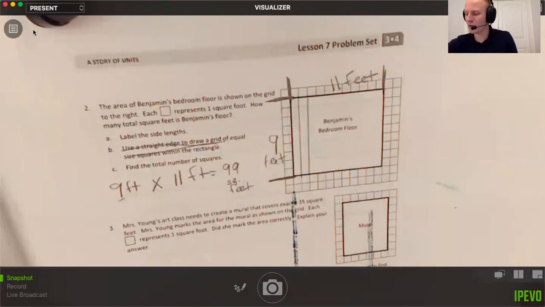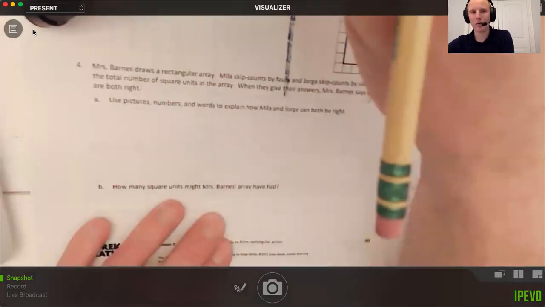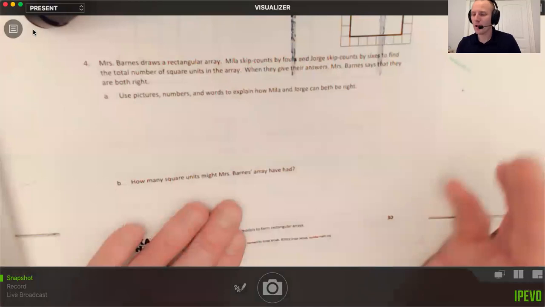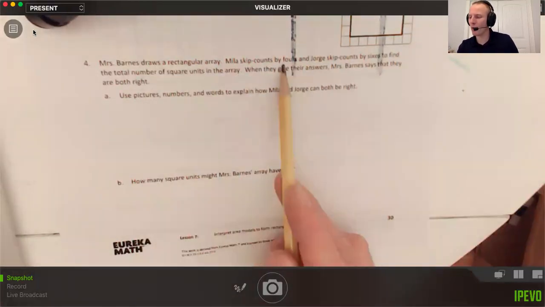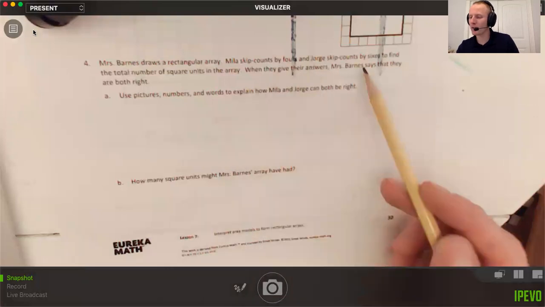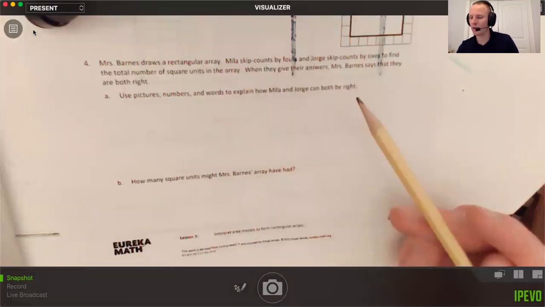All right, let's go down to number 4. Number 3 kind of has marker bleeding through it from the other side there. Mrs. Barnes draws a rectangular array. Mila skip counts by 4s, and Jorge skip counts by 6s to find the total number of square units in the array. When they give their answers, Mrs. Barnes says that they are both right. Use pictures, numbers, and words to explain how Mila and Jorge can both be right. How many square units might Mrs. Barnes's array have had? So I would say that they probably drew something,